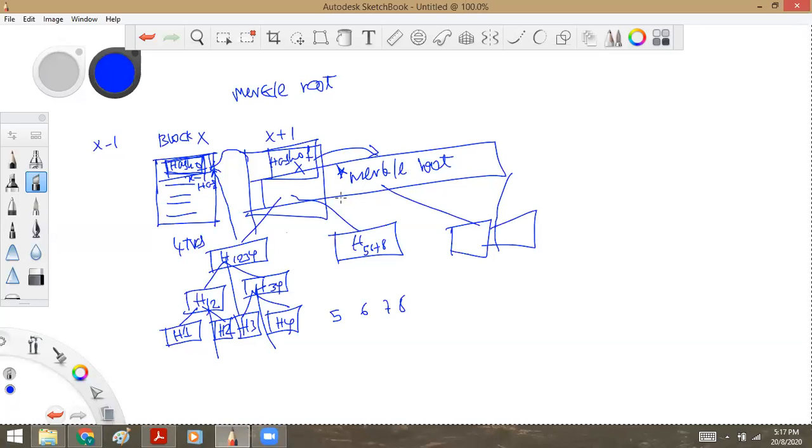Okay, what's the use of Merkle root? Miners try different nonce with different block hash and transaction data hash. How do they know they solved the puzzle? They compare the hash they calculated, and they will check whether they solved it or not.